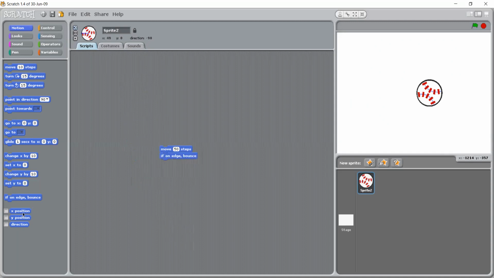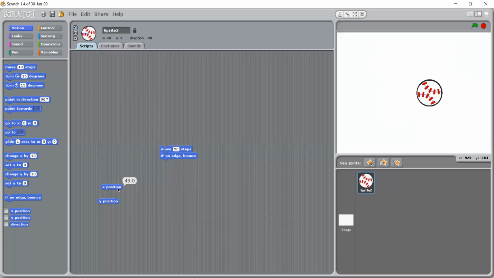Now this one is showing the position. It will show which position the x-axis is on, and it will show the position of the y-axis. It is showing 0, 0.0. It is now at the 0, 0.0 position. What is the x-axis position here? Where is my sprite? It will show the position 49.0. So at whichever position your sprite exists, it will show the x-axis and y-axis.